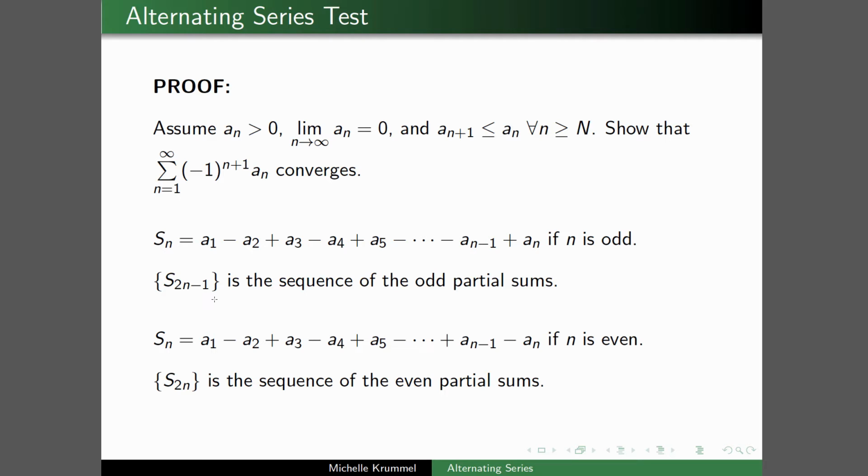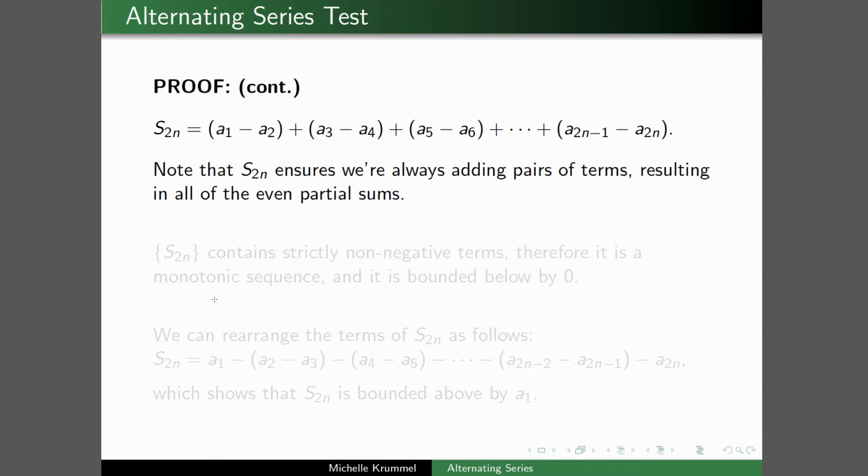And we can look at the even partial sums by s sub 2n. S sub 2n will give us s sub 2, s sub 4, s sub 6, and so on. So we get all of the even partial sums. If we look at the even partial sums, we're always adding pairs of terms. And because this is a non-increasing series, the magnitude of the value that comes next is always smaller